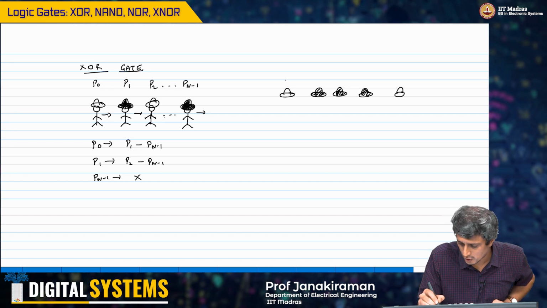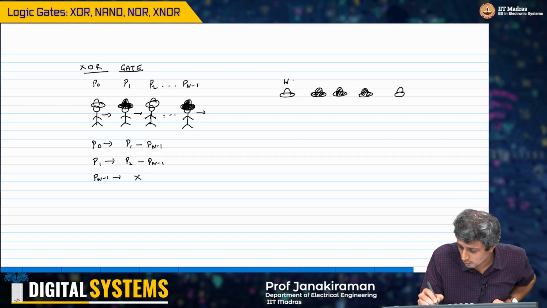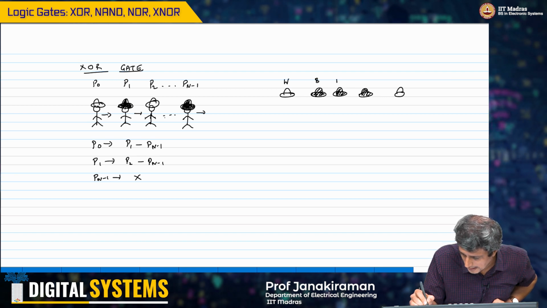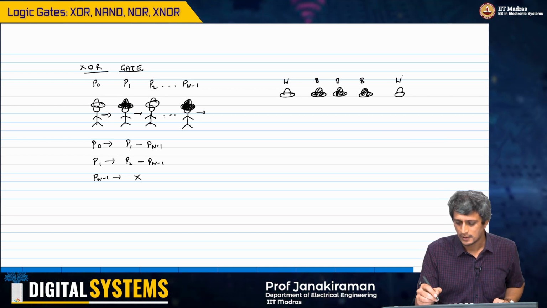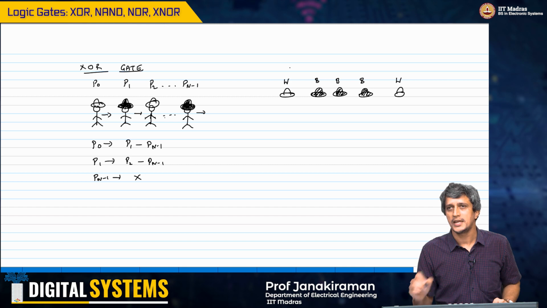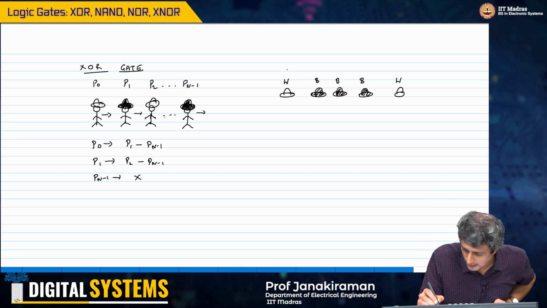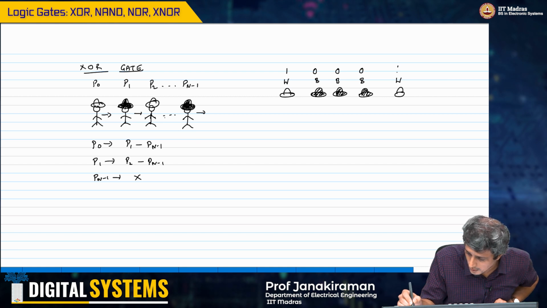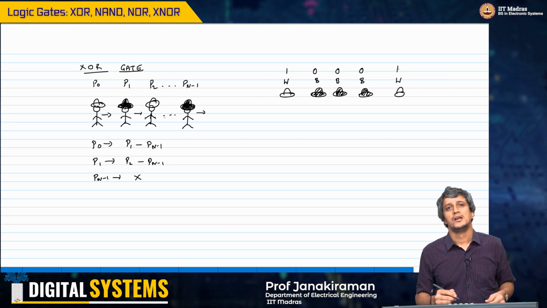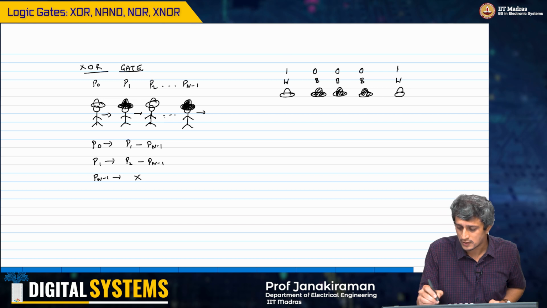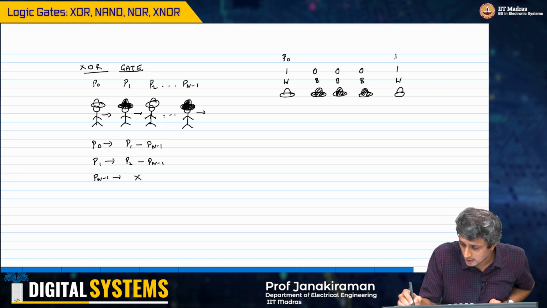Okay. So I'm going to say white, black, black, black, white. Okay. So logically I'm going to say the following. Okay. This is white is 1, black is 0. Okay, that's my assignment. So this is prisoner P0, this is